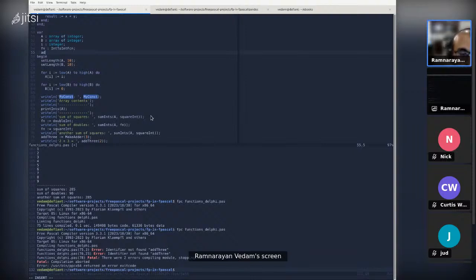So let's say we wanted to create a display function that is void. You could certainly do that. So now display could be assigned to a procedure that takes x as an integer, begin, write line. Let's say x to make things easy, and let's just say we are displaying add 3 to 3.